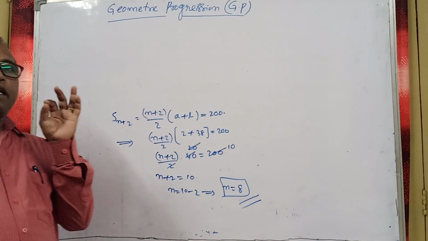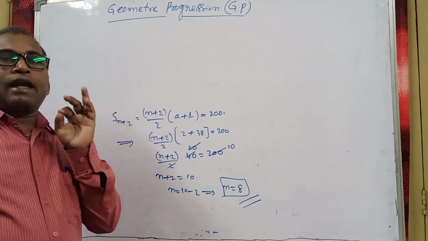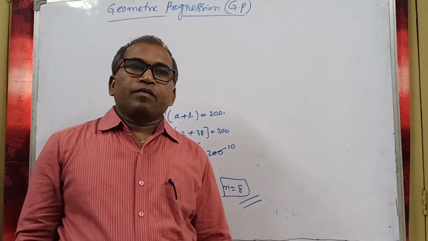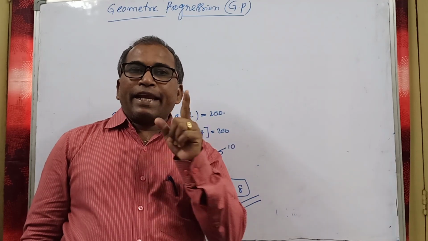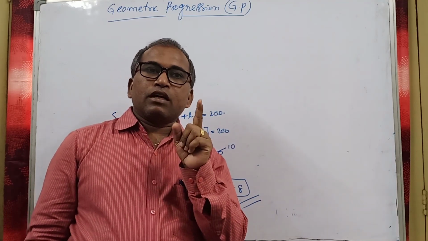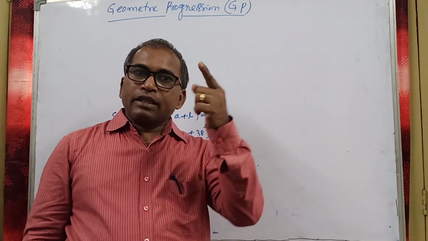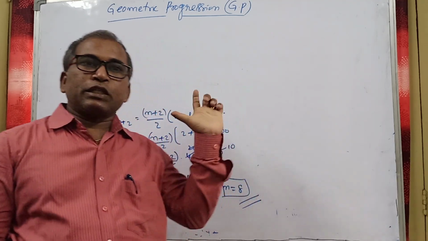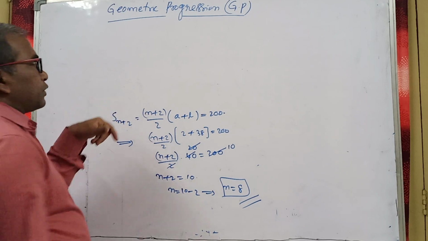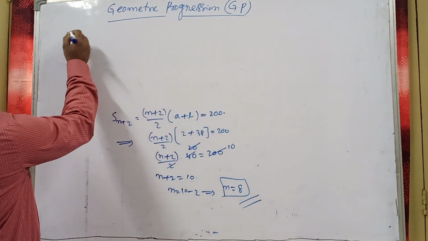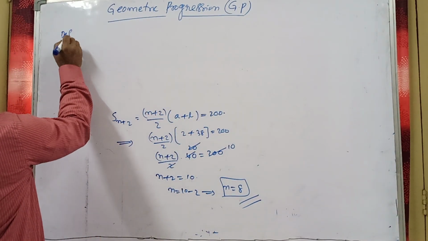Which sequence can be called a geometric progression? In AP we have seen that the difference between any two consecutive terms is the same. Here it is the ratio, not the difference. The sequence is said to be a geometric progression